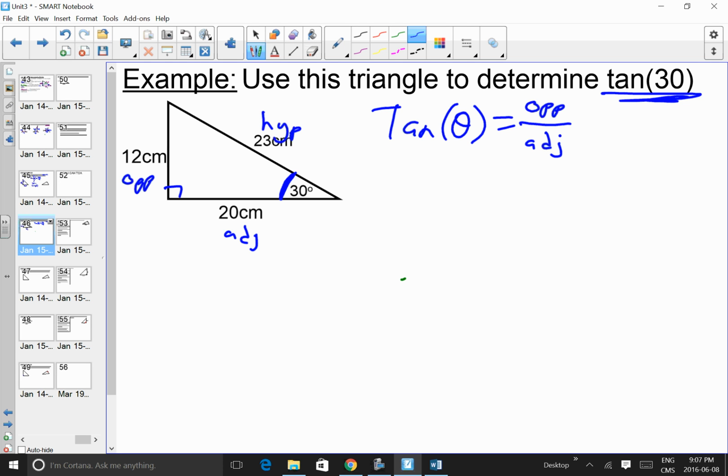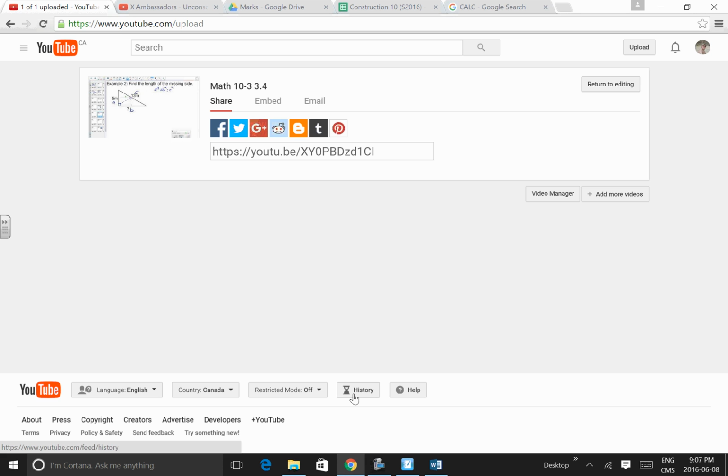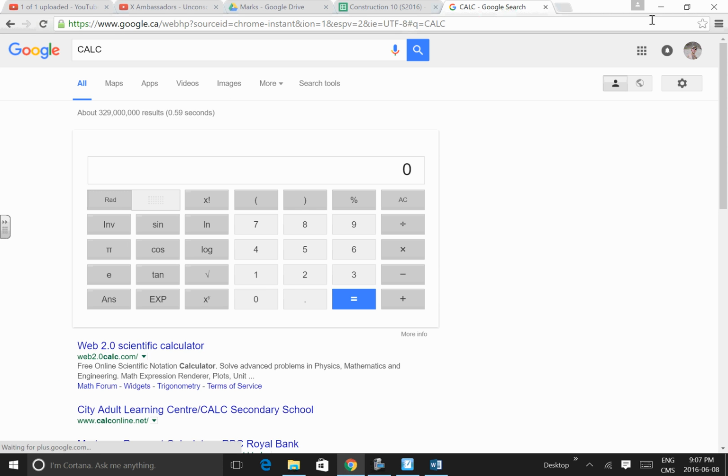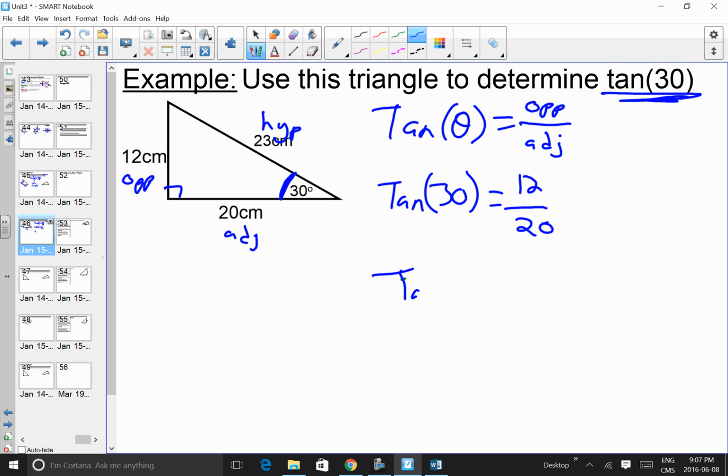So now I'm going to fill in my formula. Tangent of 30 is my opposite side divided by my adjacent side. My opposite side was 12. My adjacent side was 20. So tangent of 30 is 12 divided by 20. So, calculator. 12 divided by 20 equals 0.6. So tan 30